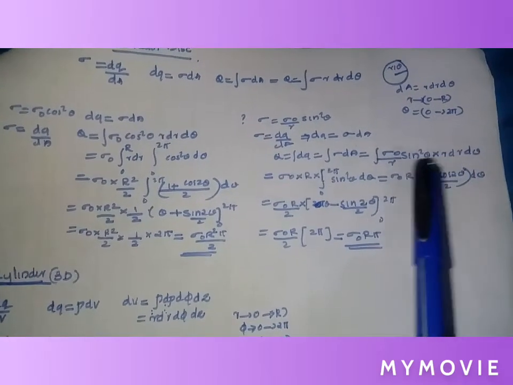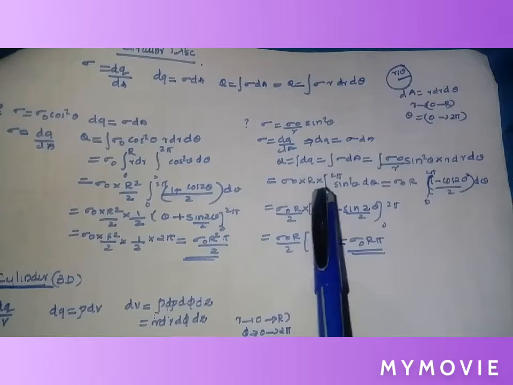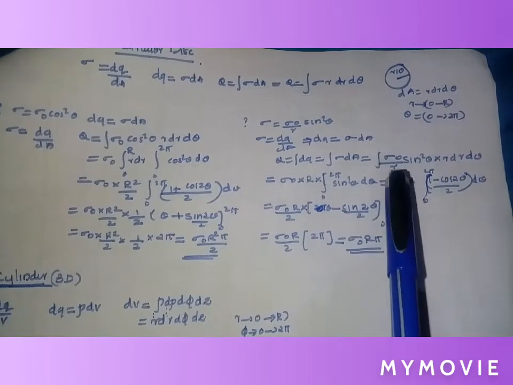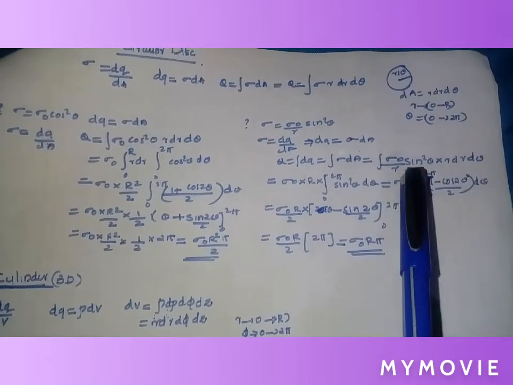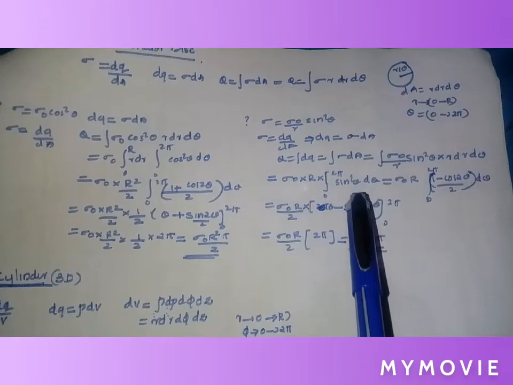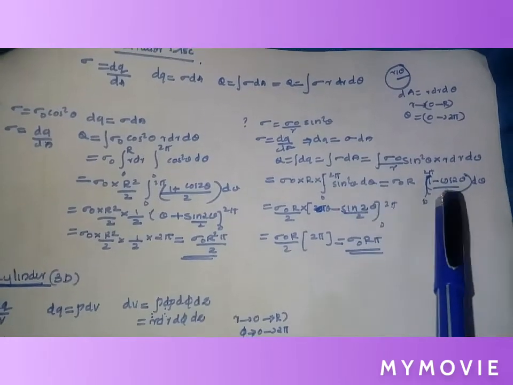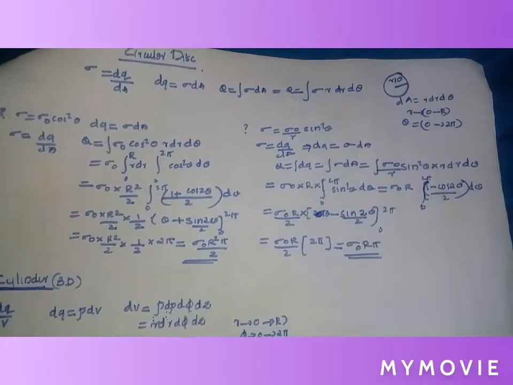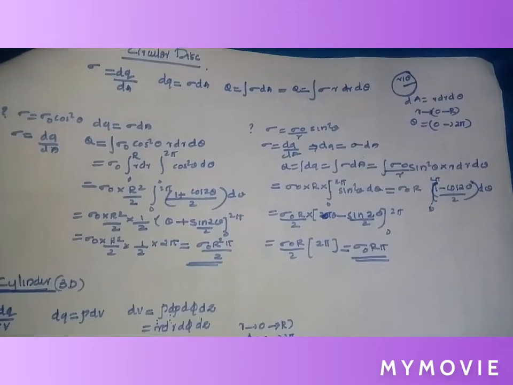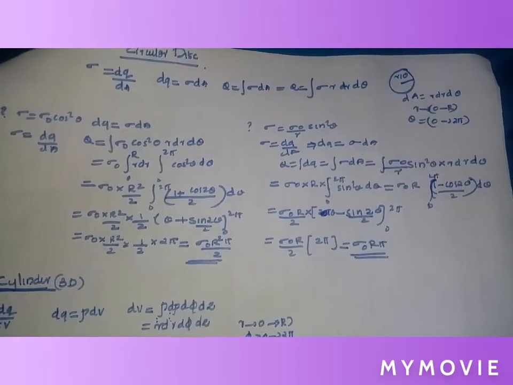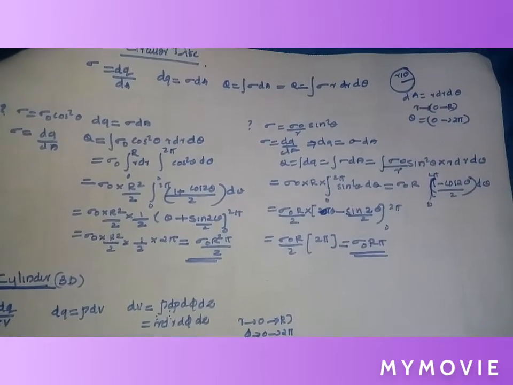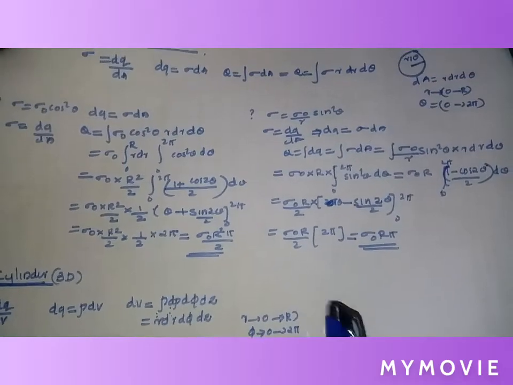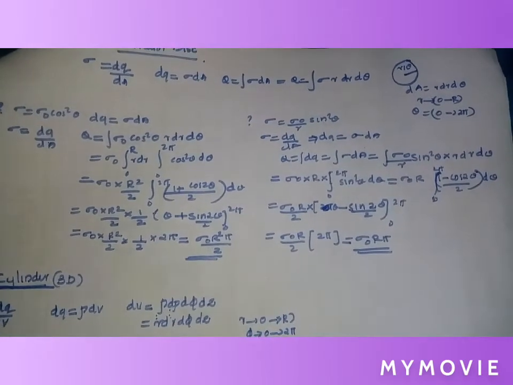Here r cancels, the dr integration gives capital R, and then integral 0 to 2 pi sin square theta d theta. After that, sin square theta can be changed to (1 minus cos 2 theta) divided by 2, and after integration we get sigma 0 R pi as the answer. Okay,